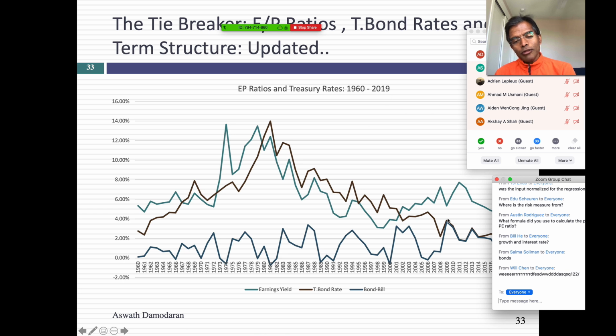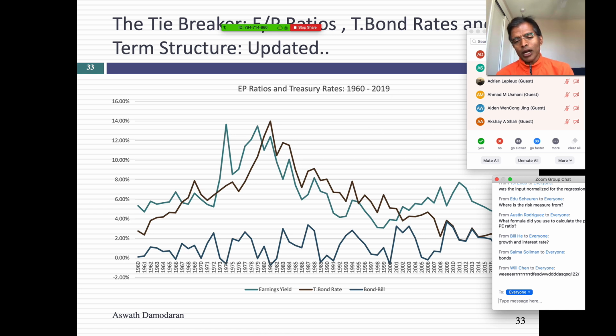Let me pause right there. Do you think the two seem to move together? The earnings to price ratio, which is the earnings yield, and the T-bond rate seem to move together for much of the last 50 years, right? I also graphed a third series, which is the difference between the T-bond rate and the T-bill rate. This measures the slope of the yield curve. When that number is high, you've got an upward sloping yield curve. When it's close to zero, you've got a flat yield curve. And when that number is negative, you have a downward sloping yield curve: short-term rates are higher than long-term rates. You think, who cares? There seems to be an effect of the yield curve on both PE ratios and on T-bond rates. So basically, I have three different series here.